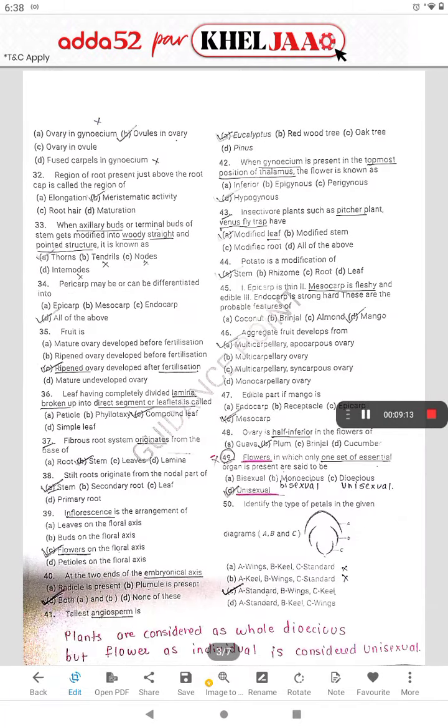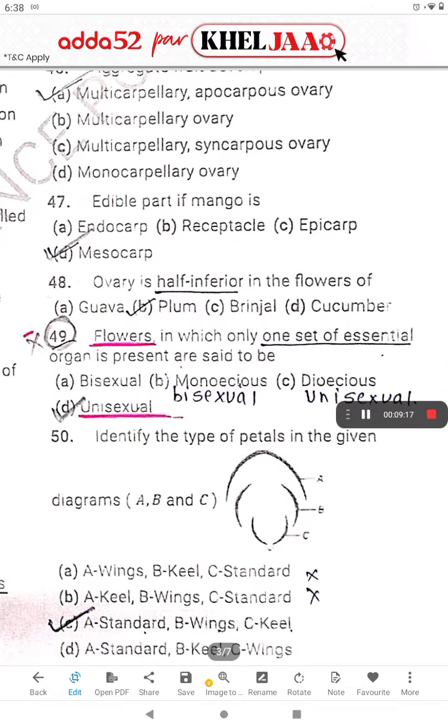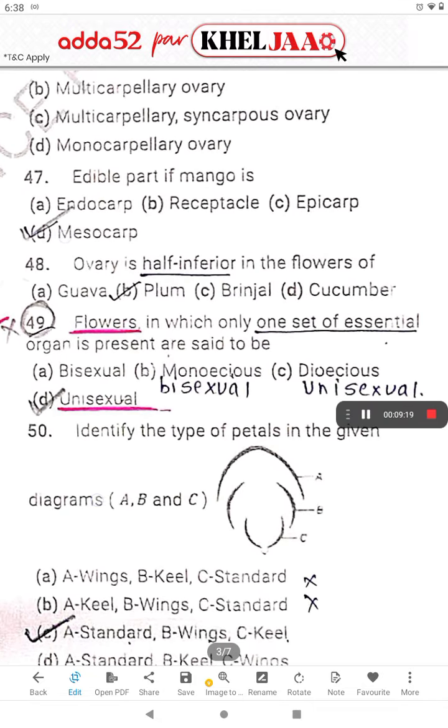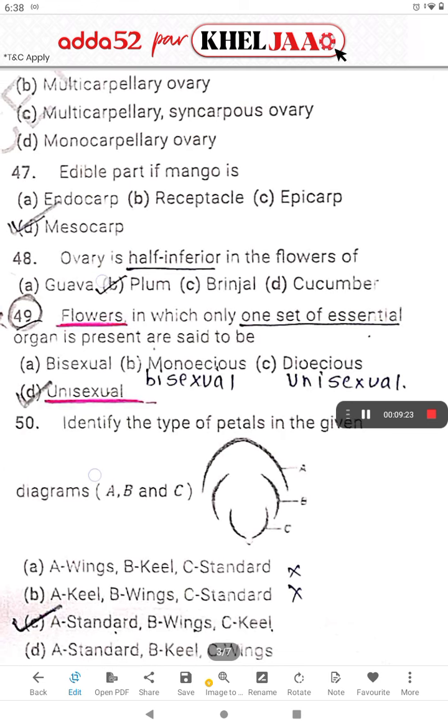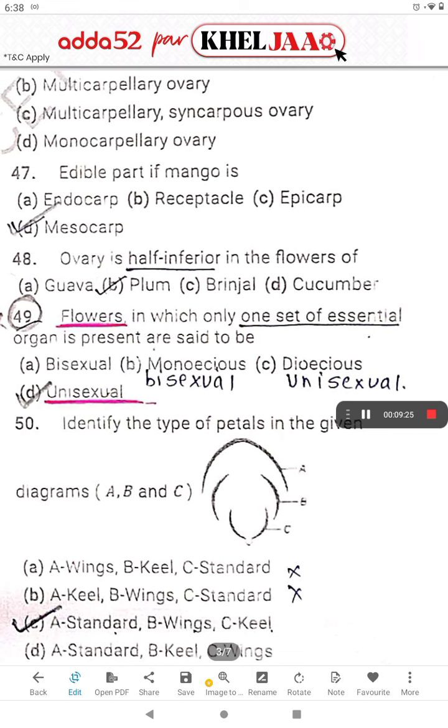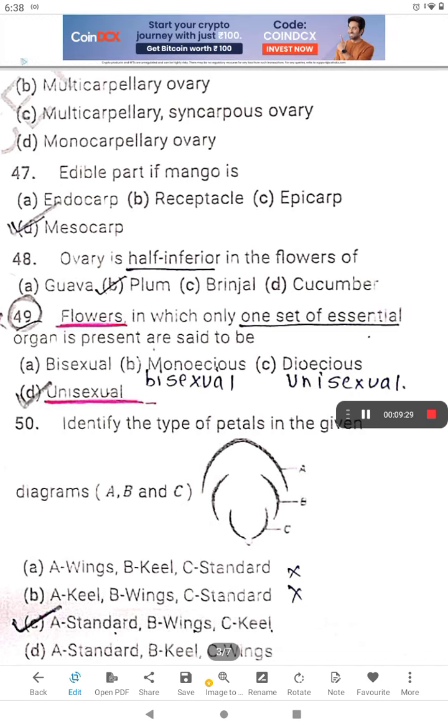Then is the 49th question. I made a silly mistake again. The 49th question wants to say that flowers in which only one set of essential organ is present are said to be. They have given option A as bisexual, B as monoecious, C as dioecious, and D as unisexual. Now the thing is that